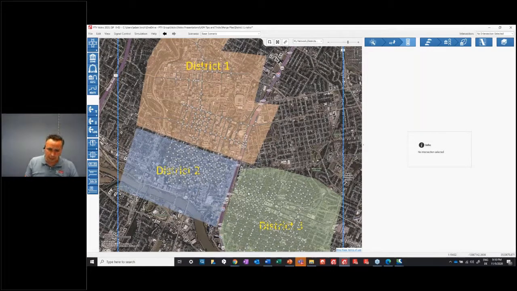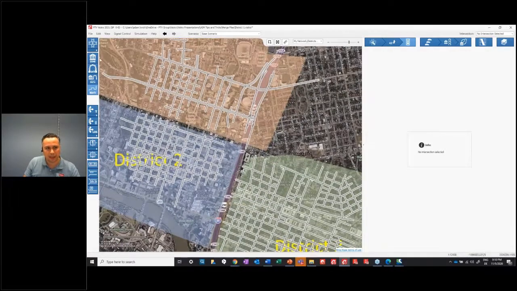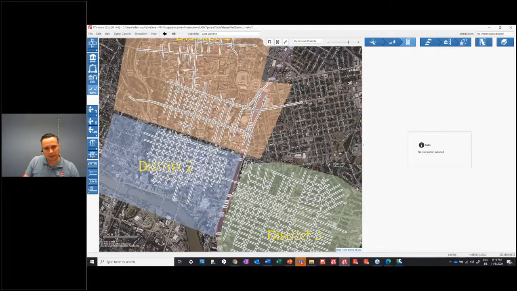At that point, when you have that unified master model, you could go ahead and put in your signal optimization routes and drag them across from district to district. So for example, let me connect, here, hit escape. Let me connect just this side to this side right now. I can hit the route button and go across districts,